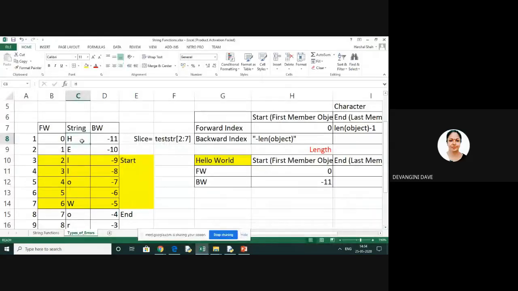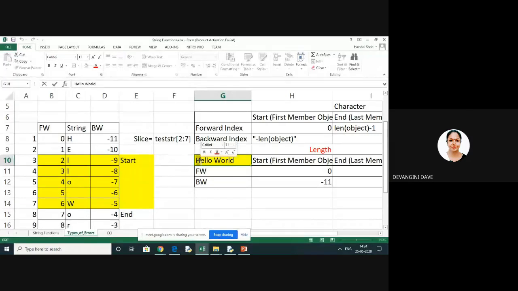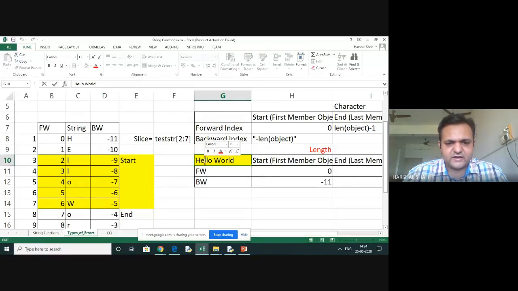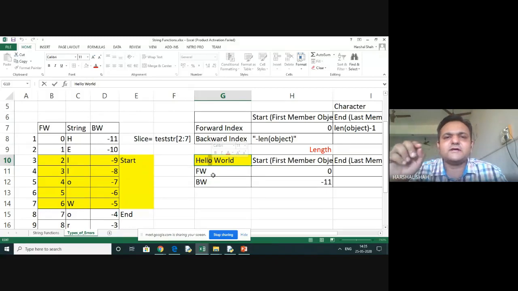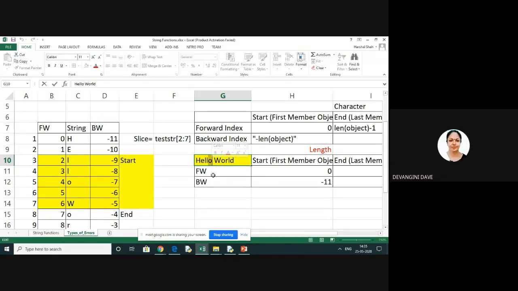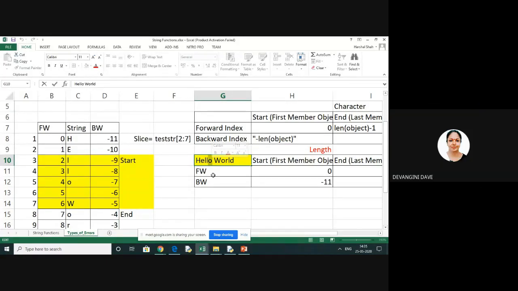So, madam, you can look here. I have one word, hello world, right? And you are interested in subsequent characters. What are subsequent characters? You are interested in the first character, then the third character, the fifth character, right? You want to check all characters at the odd positions, all characters at the even positions, or you want to check whether hello or some substring is there or not, or you want only that slice of data.